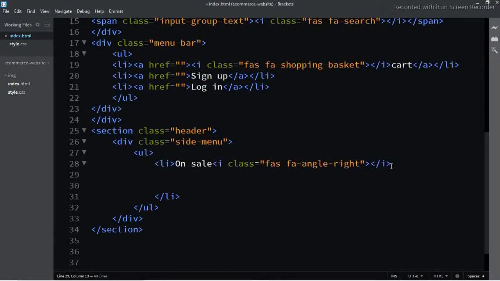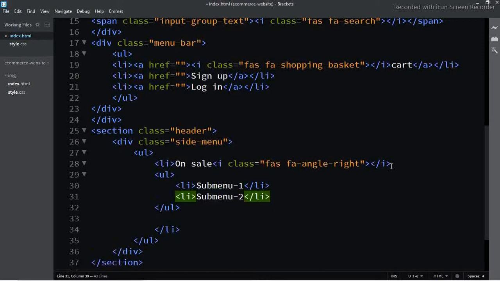Now we will create one unordered list and list items.